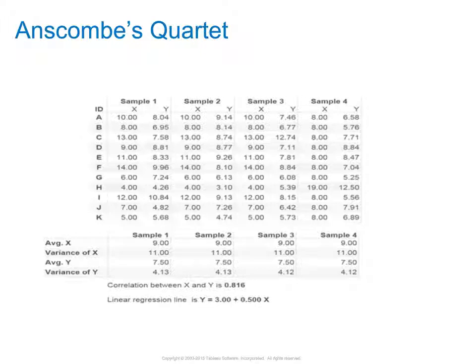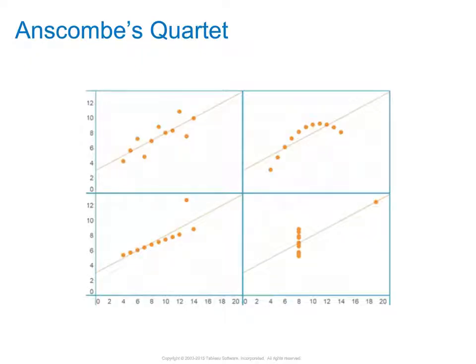Now, you can instantly see the difference between these samples when you make them visual, which is actually what John Tukey, in his exploratory data analysis, made the argument to the statistics community. It's often a very good idea to put your data into visual form to help you do your work, in addition to having the statistics tools. They're quite useful, but the visual tools are also useful as well. So here are 4 samples drawn visually, and you can instantly see that even though their averages, their correlations, and their linear regressions are the same, they really are quite different data sets when you compare them visually against each other. And so visual tools are quite useful for working with data.